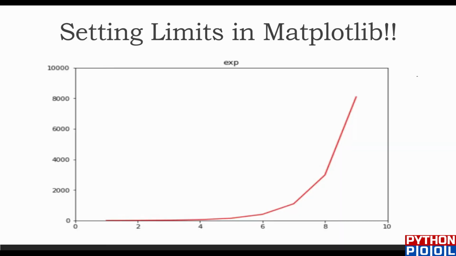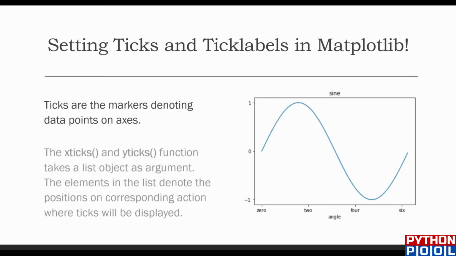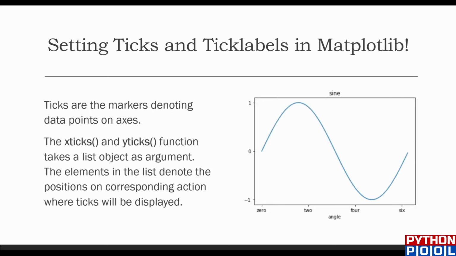Now after setting the limits in matplotlib, let's jump to the ticks and tick labels in matplotlib. So what do I mean by ticks and tick labels? If you could see, I have a numeric label on the y-axis but an alphabetic label on the x-axis. So how could I define the labels of the axis? Let's see the program for this kind of function.